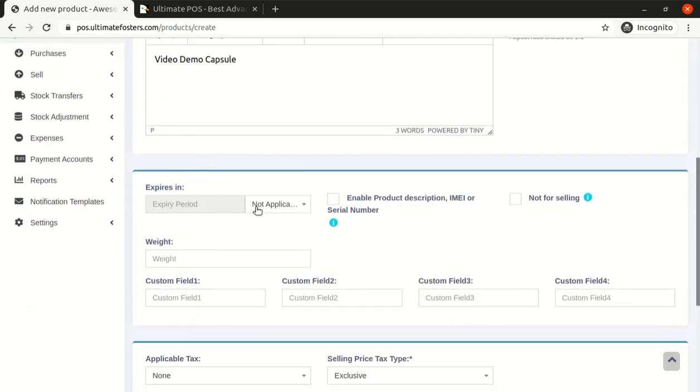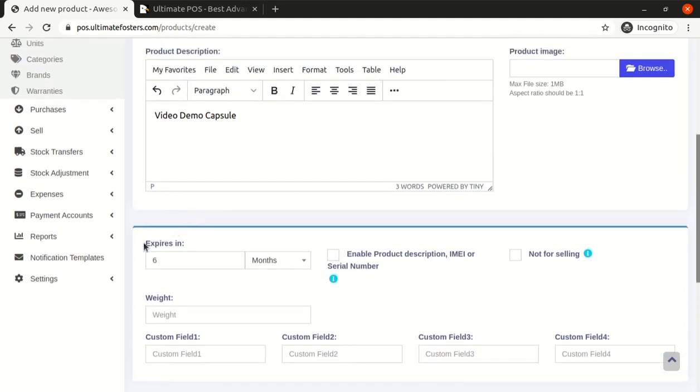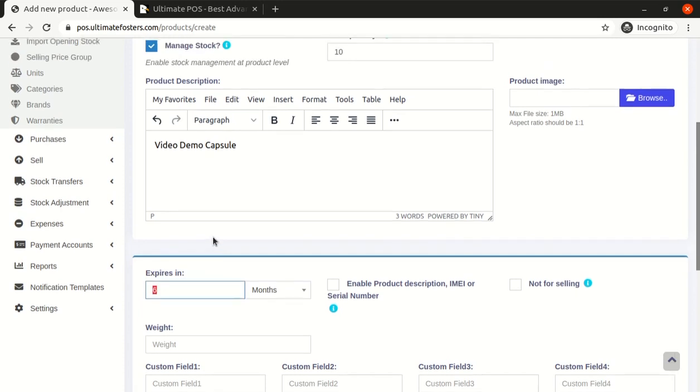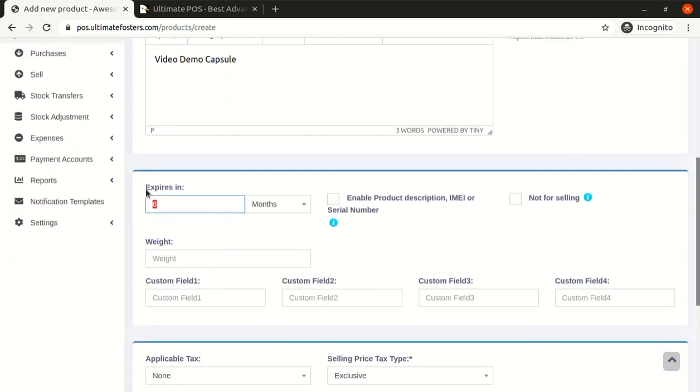For the expiry, I can select expires in 6 months. What this is asking here is that whenever I add a manufacturing date for this particular product, an expiry date 6 months after that manufacturing date will be added.